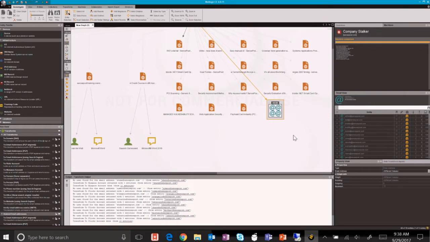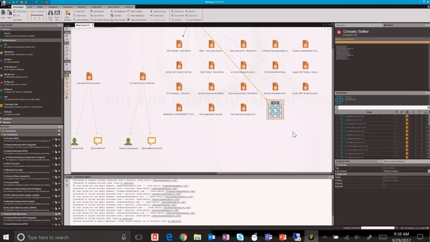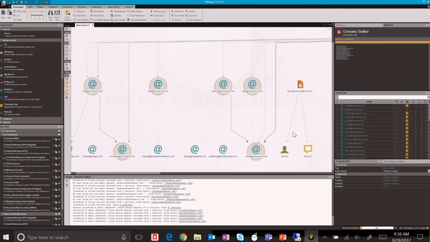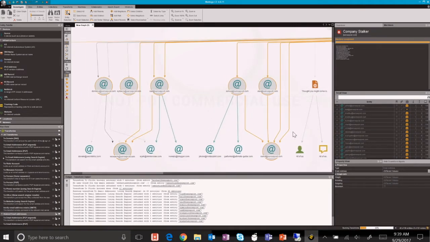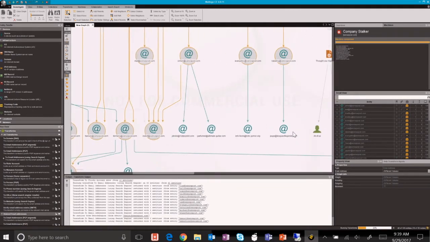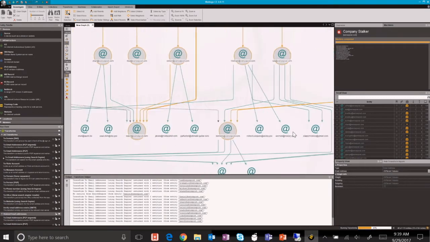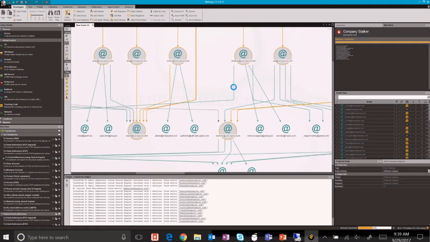You can do things like take all these email addresses and search for them using a search engine, so you can iterate through these. It's got social media plugins. The ones that come with the free version are things like MySpace, which aren't super relevant, but you can start to construct a picture of individuals with just a single piece of information and figure out other references to them. You can figure out what their titles are, what their education is, who else they know. And this is all super simple, and it produces a lovely graph visualization that an attacker can use to